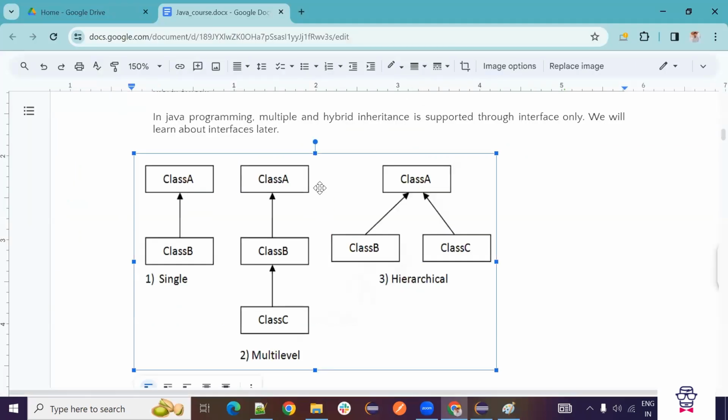So there is a second one, multi-level. Multi-level means there is a parent class and it will have a child class, and this child class will have another child class. So this is called multi-level.